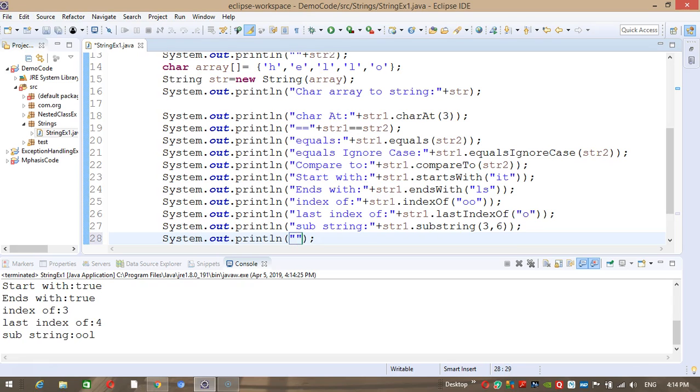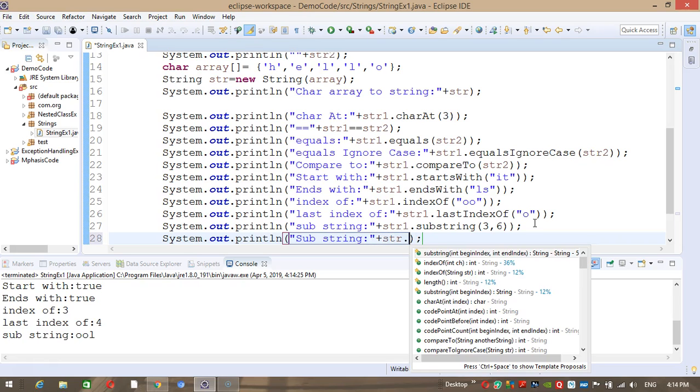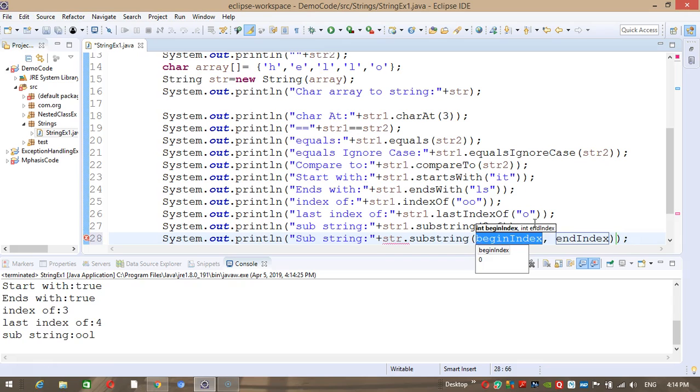If I use substring and will not specify any end index, we'll just specify the begin index. In that case, it will return the string till the end.